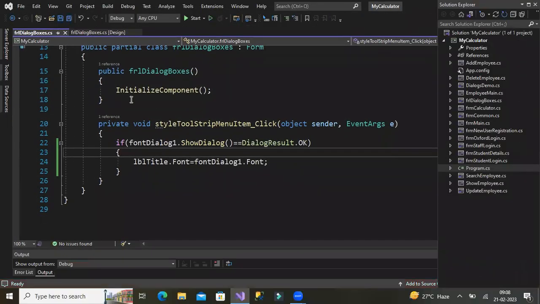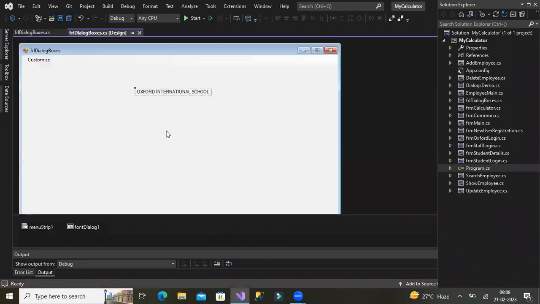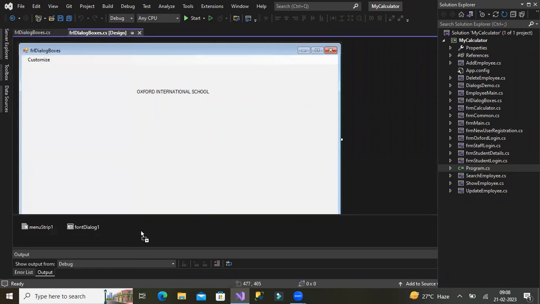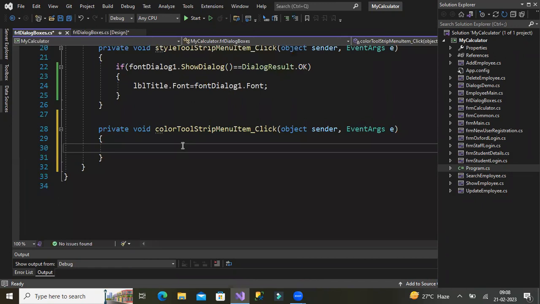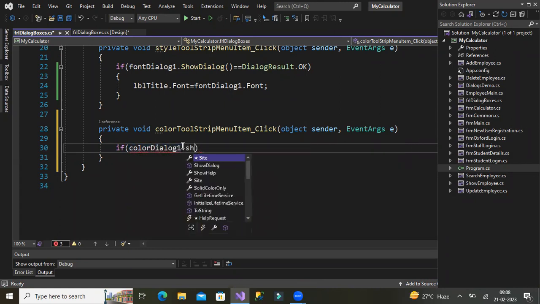No, no, sir. Next, we need to let the user choose his own desired colors. And the next dialog box is going to be the color dialog box. Just drag and drop this. What is the name of this? colorDialog1. If you want, you can change the name. Whenever the user clicks on font color, that dialog box has to be displayed. Same thing, colorDialog1 comes with a method called ShowDialog. It returns a DialogResult. If DialogResult is equal to OK,